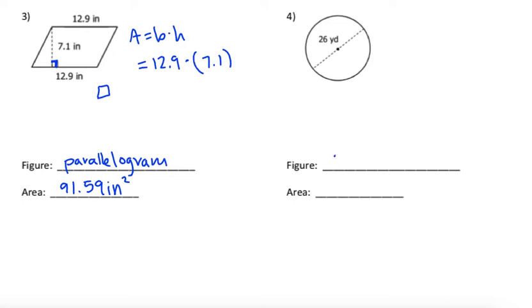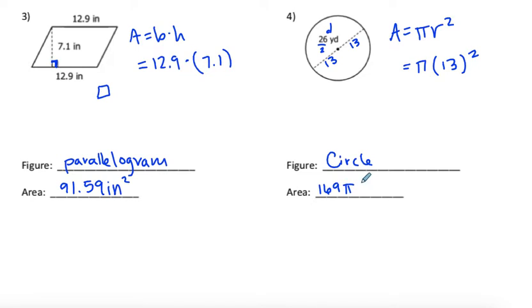On number 4, this figure is a circle, and our area formula is pi r squared. The 26 they gave us is the diameter. It's all the way across. So I'm going to divide by 2 to find the radius, splitting it into 2 radiuses, so that I can apply my pi times 13 squared. Now when I put this one in my calculator, it comes out to be 169 pi, which is approximately, if I use that toggle button,